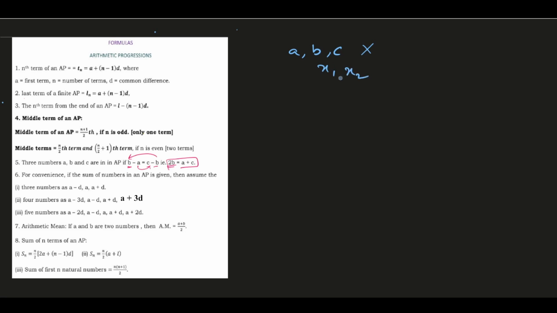Don't consider those numbers like this. It will be very difficult to calculate. Instead of using all these stuffs, just remember this: if they are telling the three numbers are in AP, so let those numbers be